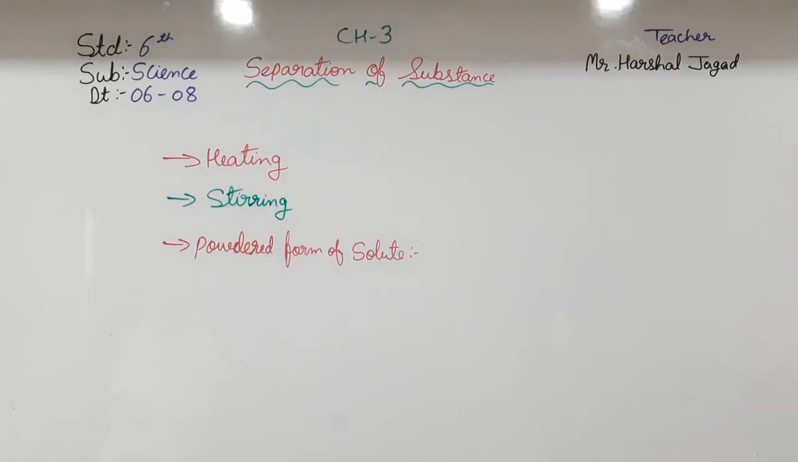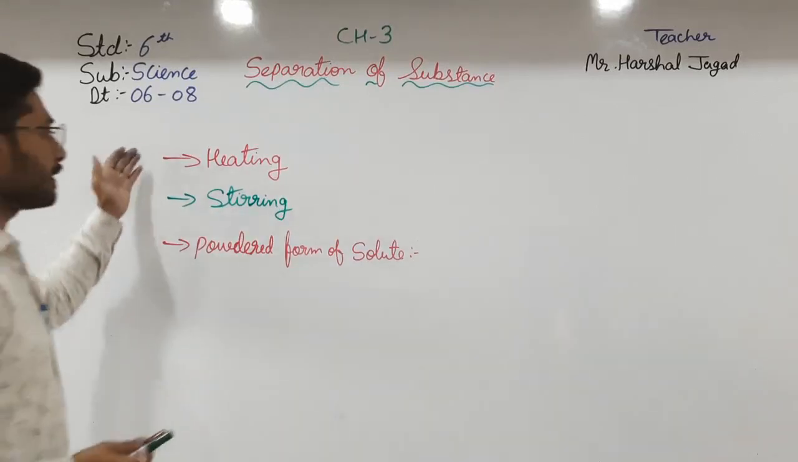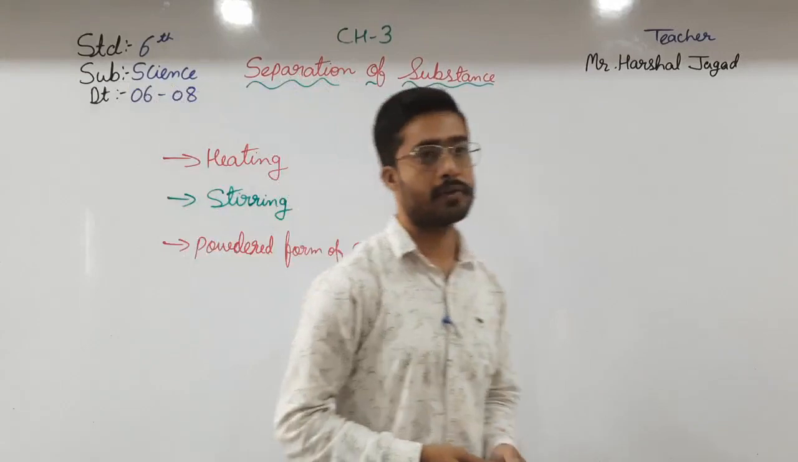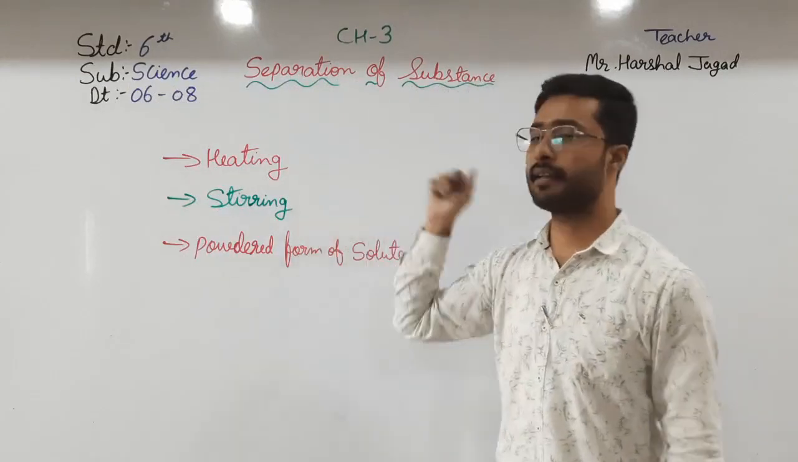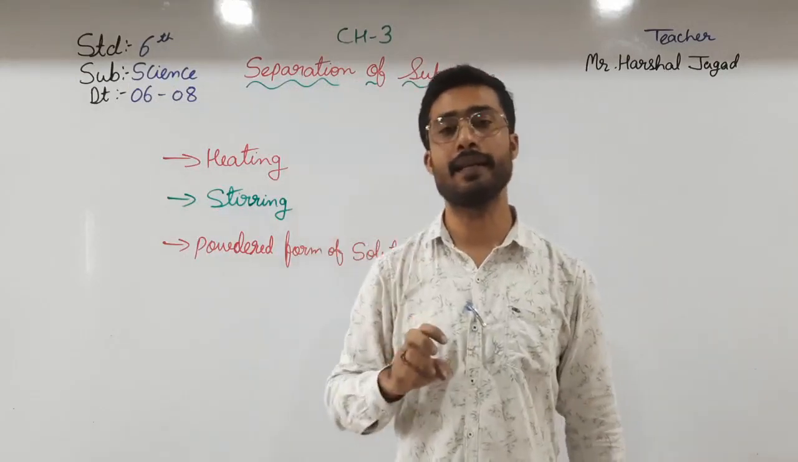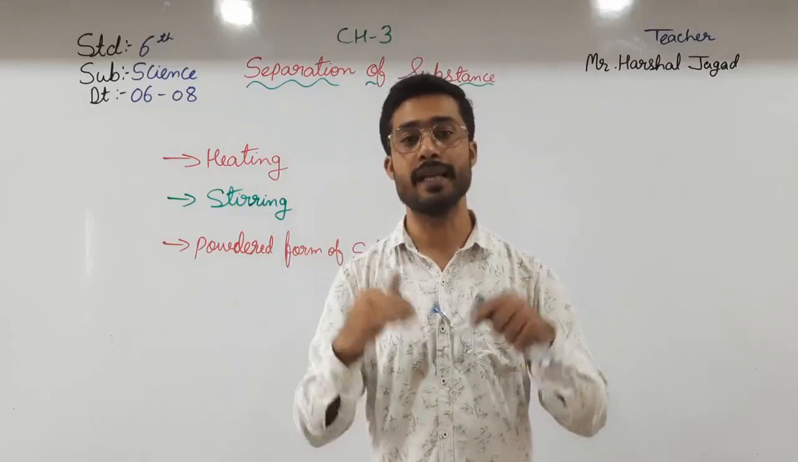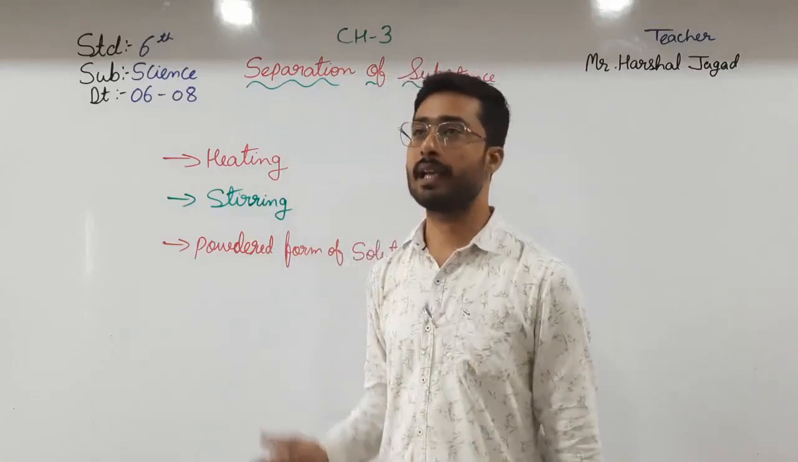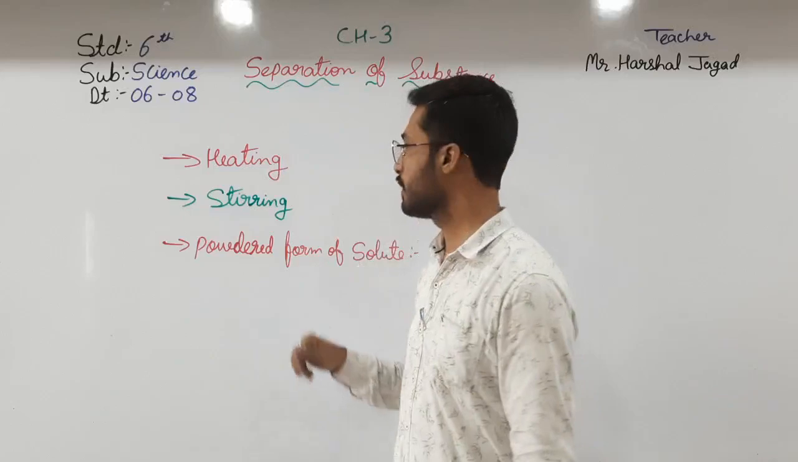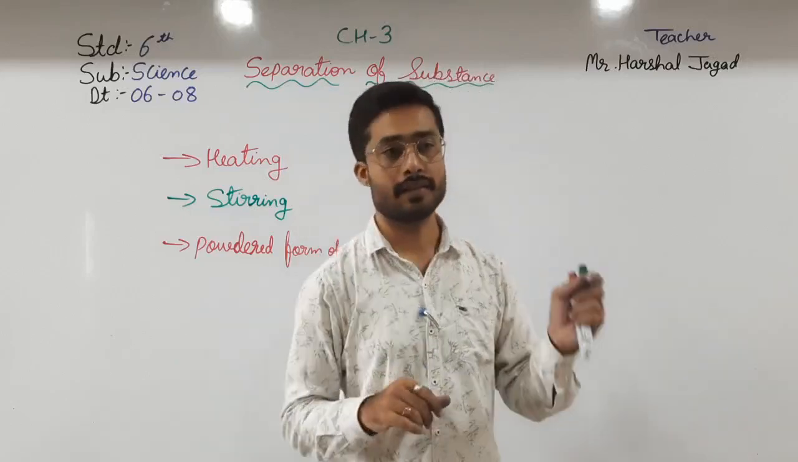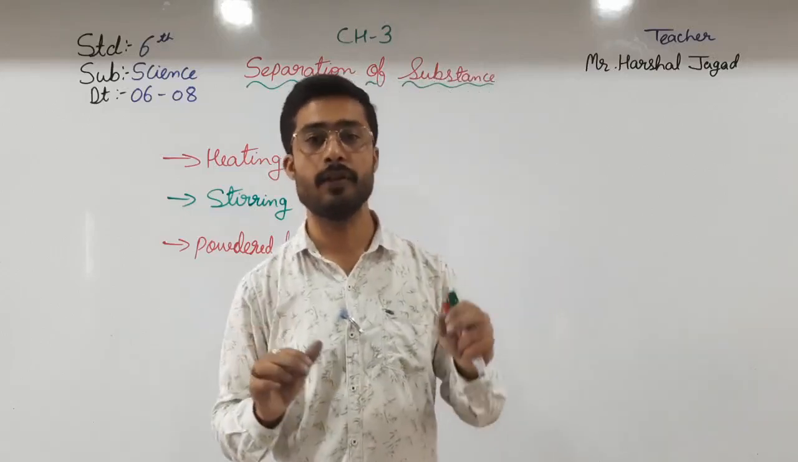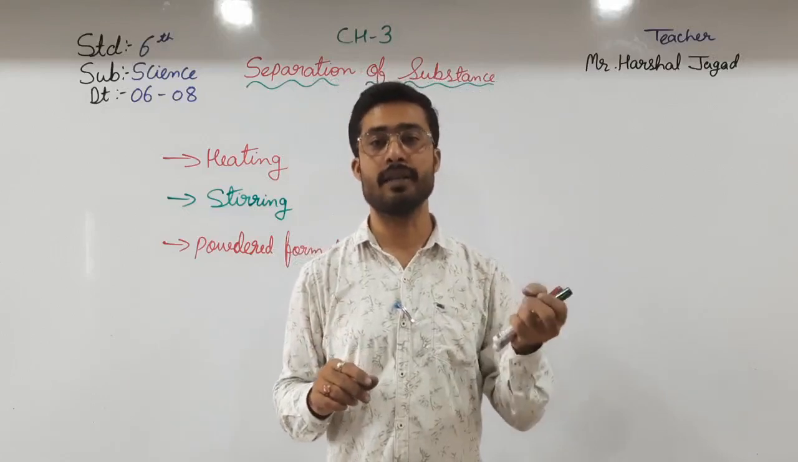So the three things are there, that is heating, stirring, and powdered form of solute. If we just heat that solution, then the ability of the solute to be dissolved will increase, and we can get a saturated solution. Then stirring well: if we take 2 beakers half filled with water, and in one beaker we add salt